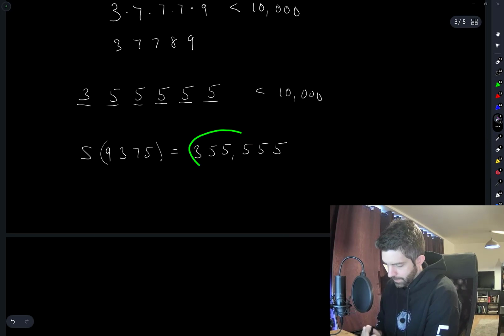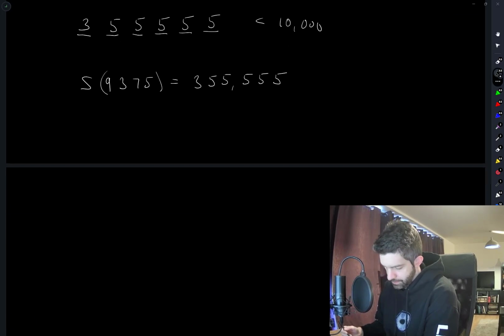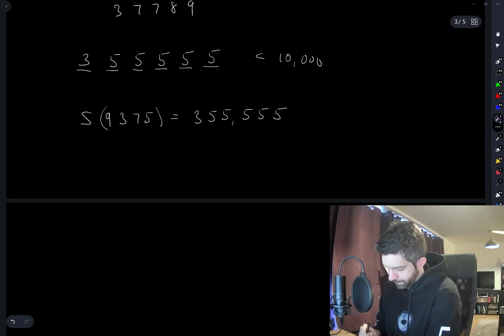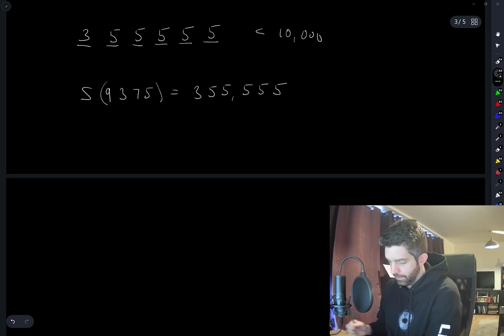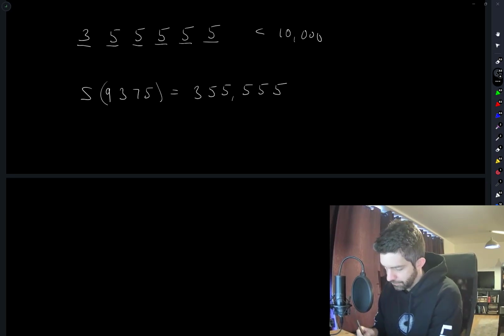I want to make this number bigger such that the product of the digits is still less than 10,000. I don't know if that's possible, but let me see if I can come up with an argument for why it's not possible. Like, if I replace a 5 with a 6, it gets too big. But if I replace a 5 with a 6 and another 5 with a 4,